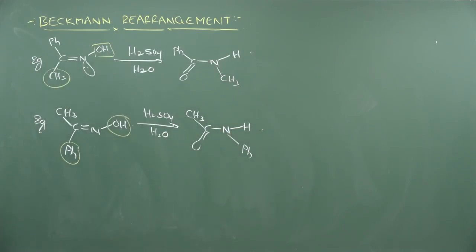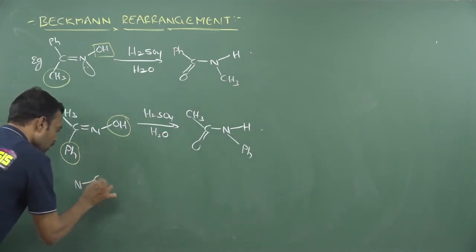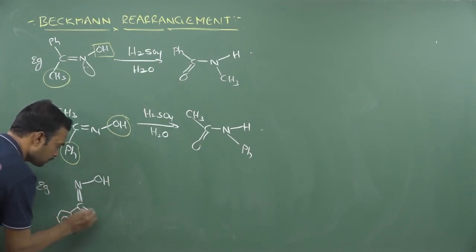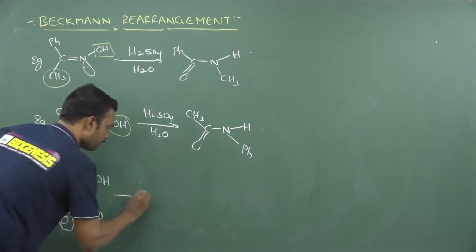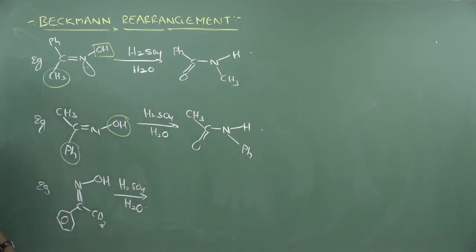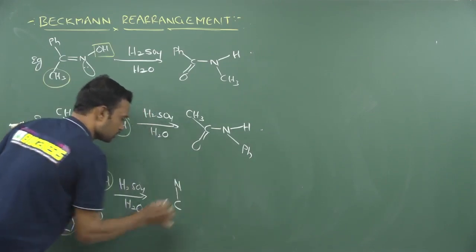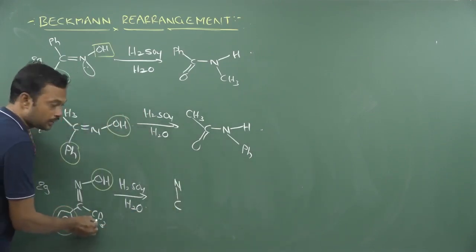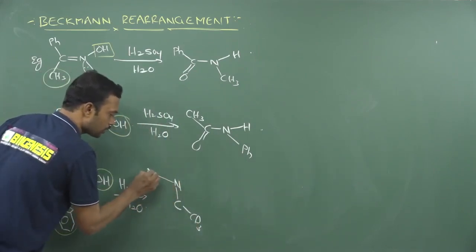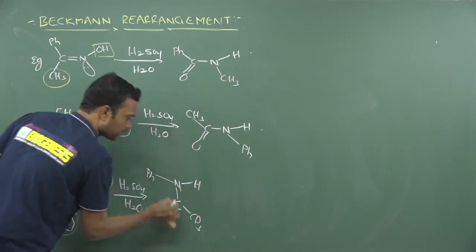In your examination they won't give it in one direction every time. They will give it in different directions so that you get confused and put a wrong answer. See, here I am writing methyl and here I am writing CD3, in presence of H2SO4, so water will be the solvent used here. What is the resultant answer? First, hydroxy and phenyl are trans to each other, so you write carbon nitrogen. Now on this carbon, which group is not migrating? CD3 is not migrating, you write down that one. And on nitrogen, you write this phenyl over here, put one hydrogen and put one carbonyl. That is the answer.